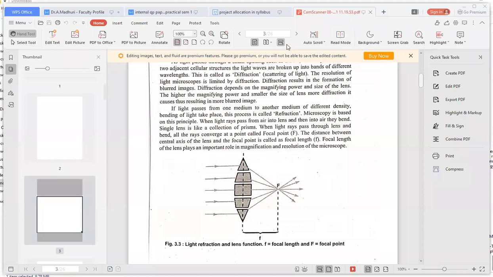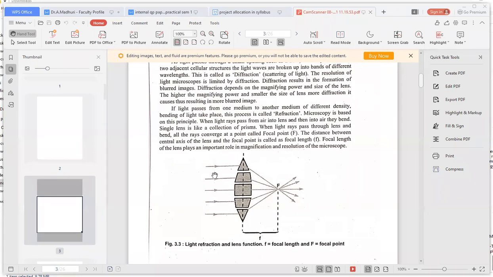Okay, so this is the lens. Lens is acting as a collection of prisms. Okay, you know what a prism is, right? In physics you will be studying about prisms. So a prism is made of glass, and its property is to converge the rays. Okay, so if the rays are falling in this direction, it will converge all the rays, and these rays will meet at a point. This point is called the focal point, and the center of the axis of the lens is called the